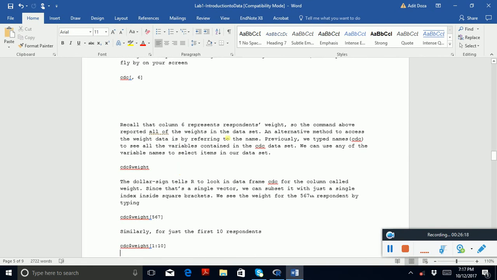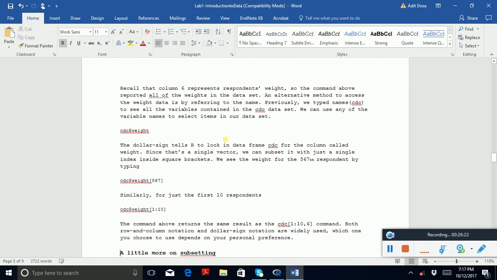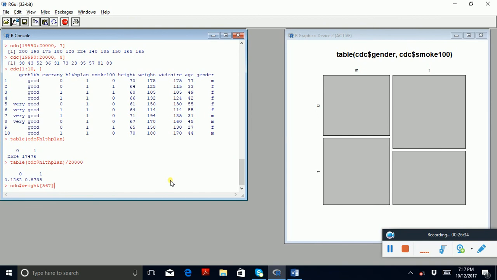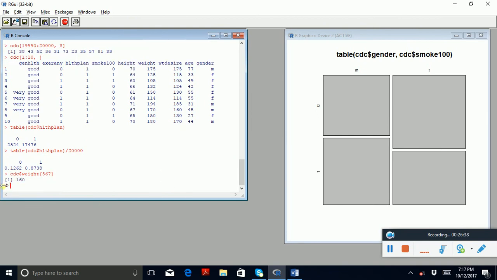Another way of actually seeing the weight of the 567th person is by this method, right? So Control C, CDC dollar weight, and in bracket you write 567. You get 160 pounds. Or I can write it like this: CDC,